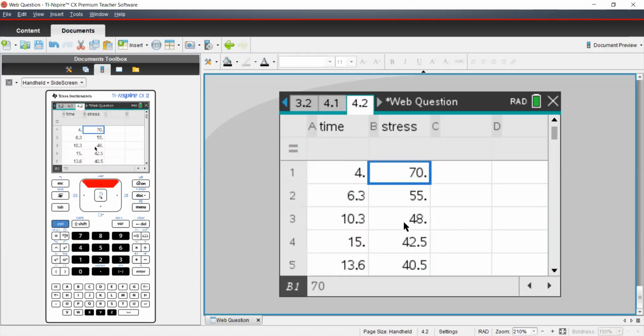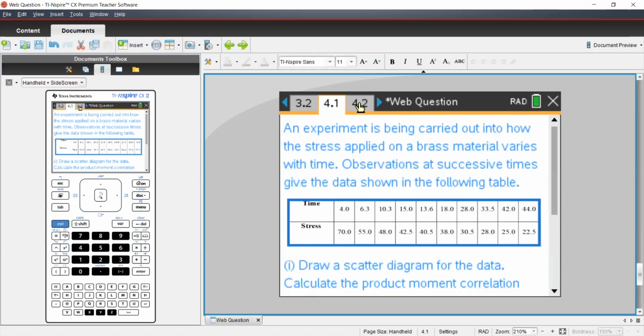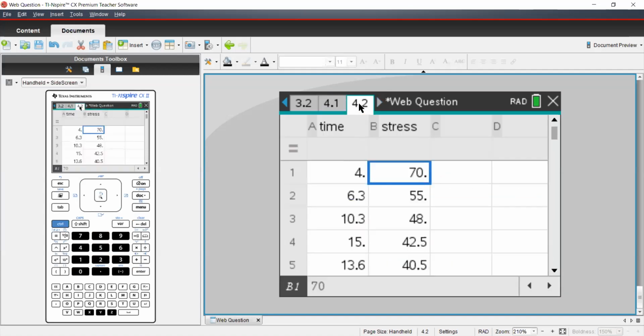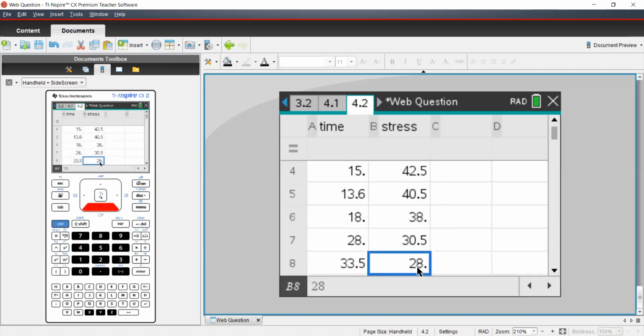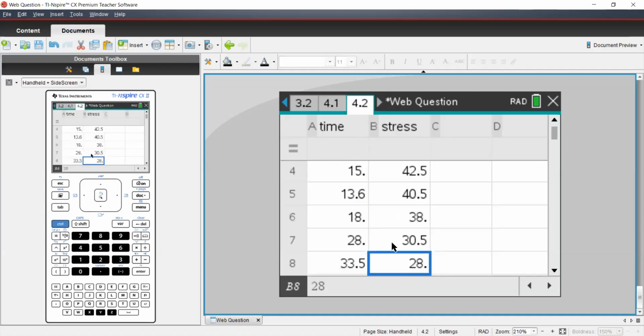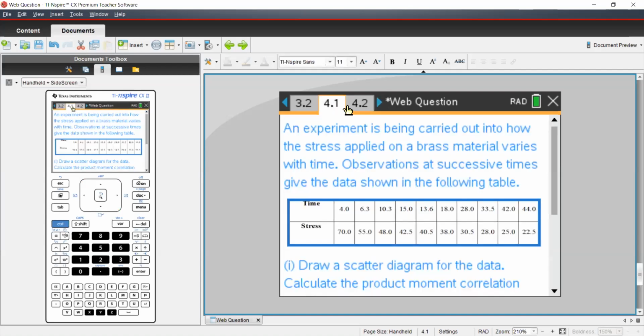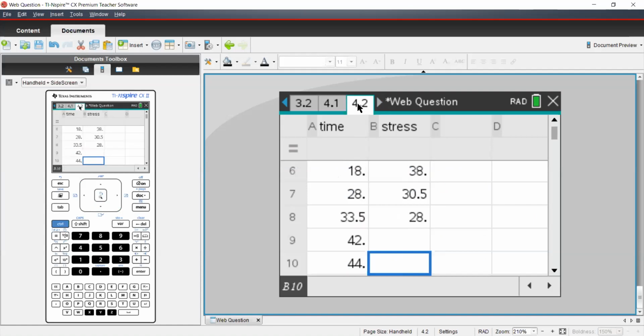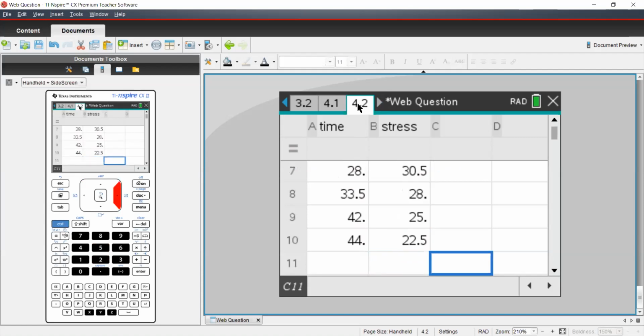I think yes. 70, 55, 48, 42.5, 40.5, then 38, 30.5, then 28, 25 and 22.5. Yes. So we have inputted all the data sets of time and stress.